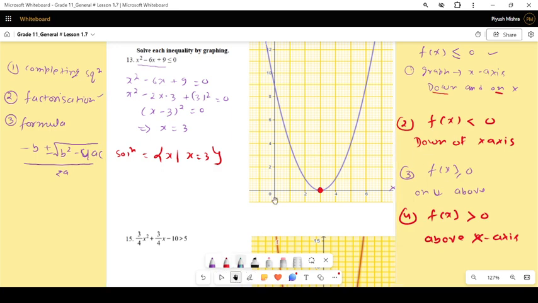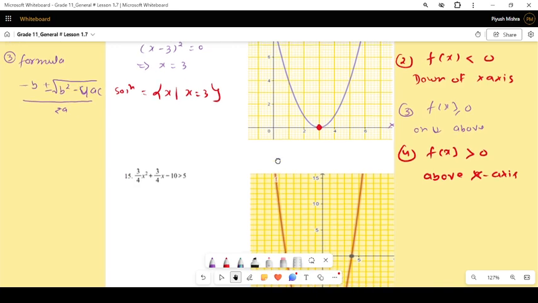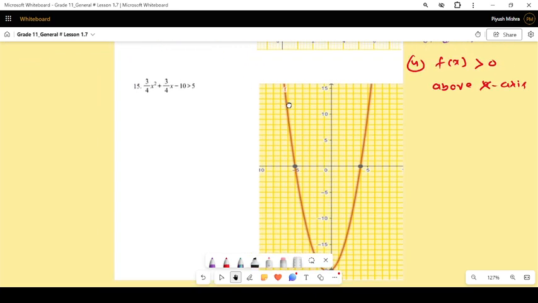Okay, next, for this one again I have made the graph for you. See this one, and this is the graph. Firstly I will check whether I have to take above or below the x-axis. It is telling greater, means the graph will be above the x-axis. So this is the x-axis, and I will be taking any graph which is above. Okay, let's start here.